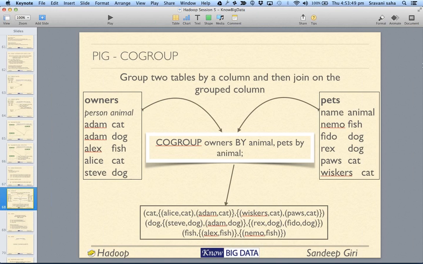Now, a lot of times we first join tables and then group by, and this is a common phenomenon. So whenever you have to join and group by together, you can use co-group. Here, let's say there are owners and then there are pets, and we want to basically join them and group them together